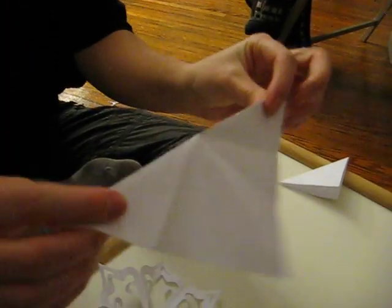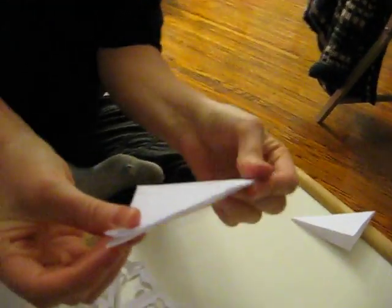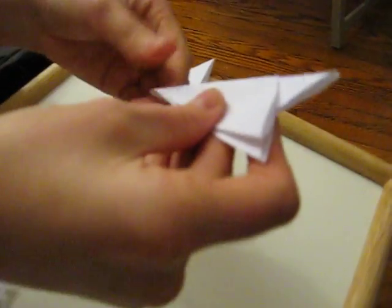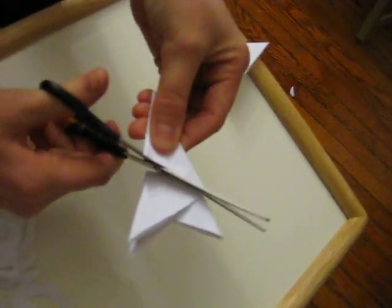So, here's a bigger square. Now, we're going to fold it in half, and then fold it in half again. And then, here's the tricky bit. We fold it in thirds so that we get a point, like this. Okay. Then, cut off the extra side